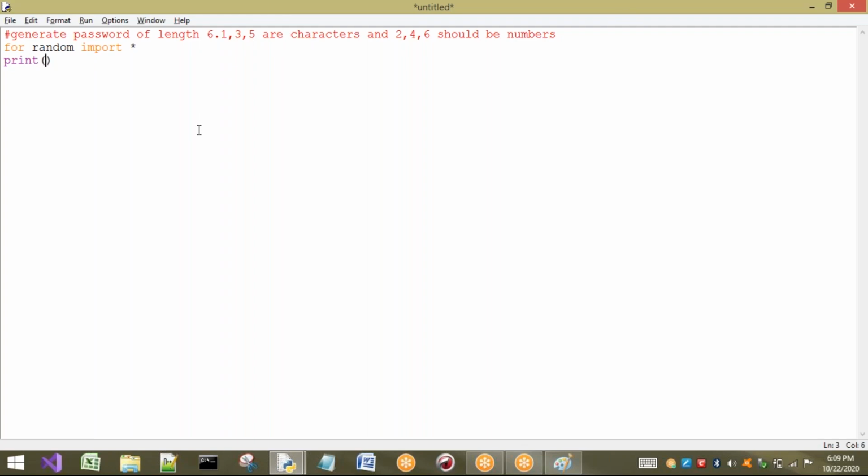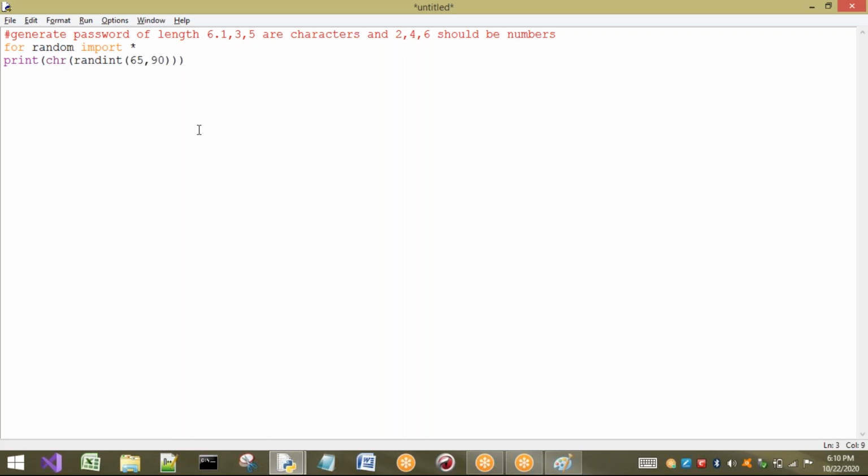Character. So I am going to write randint, where I want to generate a random integer in between 65 and 90. Why is it between 65 and 90? The reason is I want only the capital letters. If you want small letters also, then the range can be changed here. This is for the first digit. It is going to generate a random number, so I am going to convert it into a character. So it's going to give me a character.